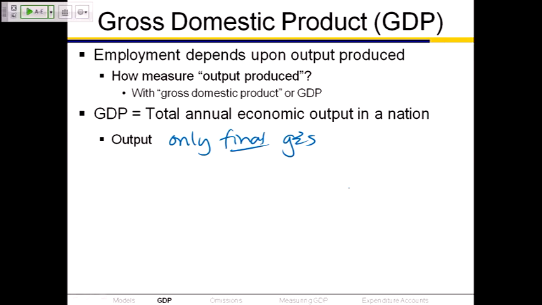Okay, where was I? Final goods and services. We're not including intermediate goods and services. So if we are looking at a loaf of bread that's purchased by a consumer, assuming the consumer is just buying it to make sandwiches at home, that's a final good or service. If instead that loaf of bread is being purchased by a deli, and the deli's going to make a sandwich and sell you the sandwich, then the loaf of bread is an intermediate